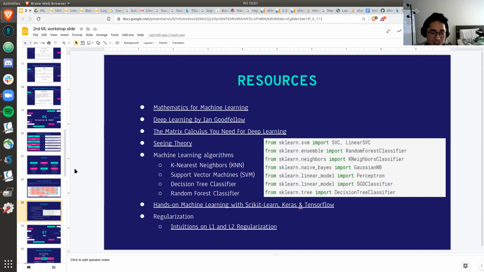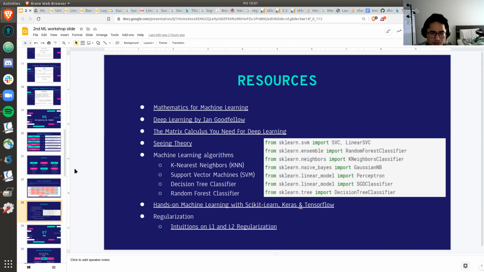There are different types of machine learning algorithms that are pretty important in supervised learning. One is k nearest neighbors. Support vector machines are really big. Decision tree classifiers and random forest classifiers. It's okay if you don't know these, but on the right of the figure, I posted some of the functions that you can load into your program and test out. If you look into the documentation, they give you all the documentation you need. But in this case, try it out.